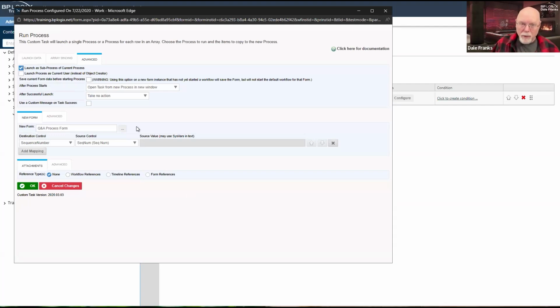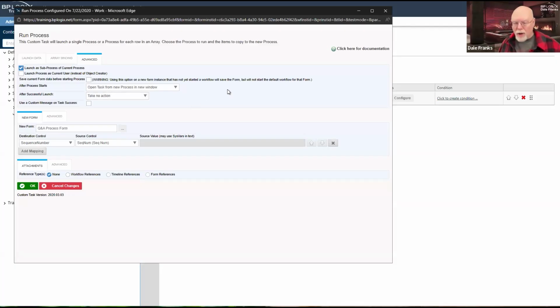That's the default in Process Director. In this case, I want that to be true because I want to be able to track all of the questions with the parent process as well. That means that this process that I'm invoking is going to launch as a sub-process.